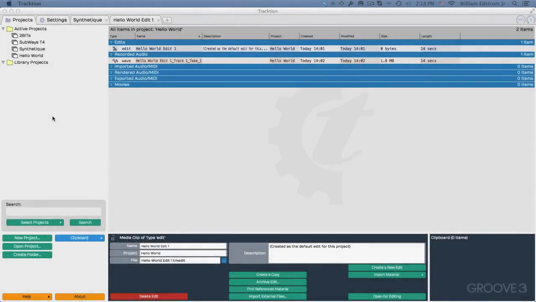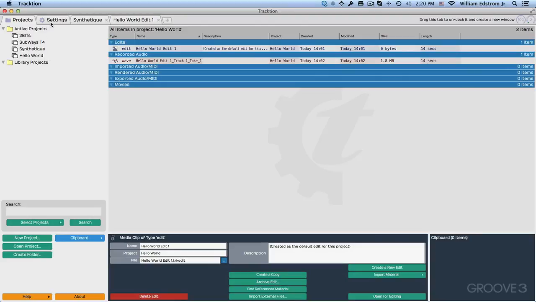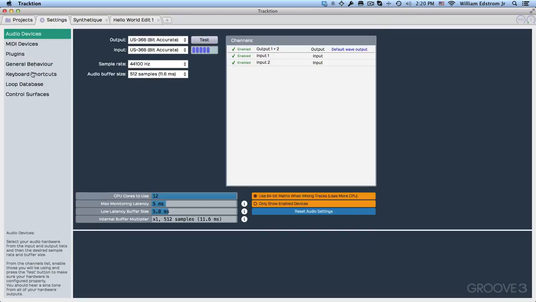In this video, I'm going to go through some settings in Traction to help you get started. So let's take a look at the Settings tab. The Settings tab is organized into a number of pages, starting with the Audio Devices page. For each page, you see a little description down here in the lower left, and it covers things like MIDI